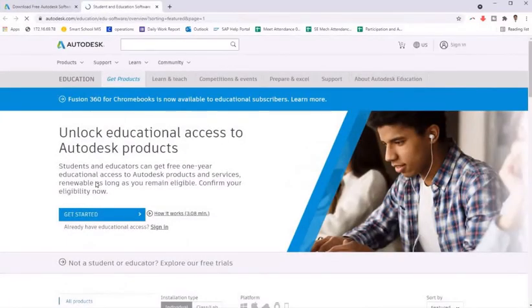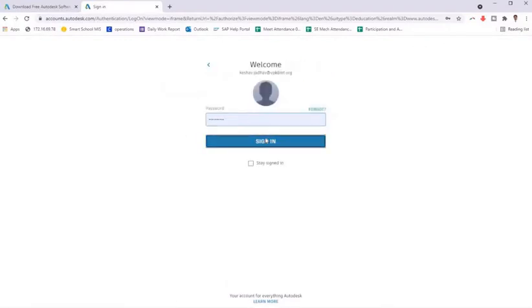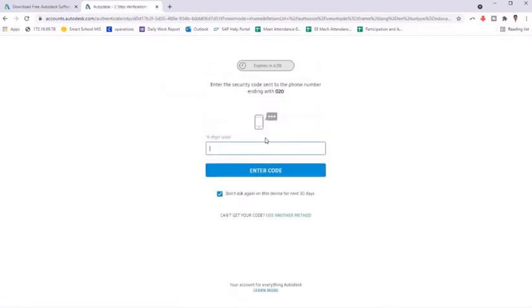Click on get started, then click on sign in. Enter your email address and password. Again you will get a code through SMS, so enter that code and continue.